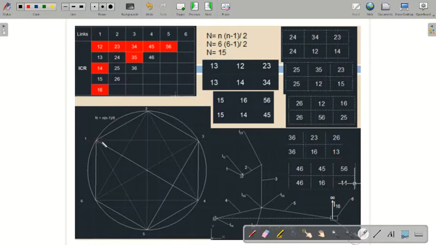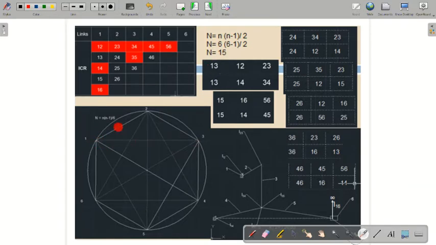First of all, 1 2 3 1, this triangle. I hope you can see this. 1 2 3 1. First of all, this triangle: 1 3 we have to find out. So write 1 3 first.